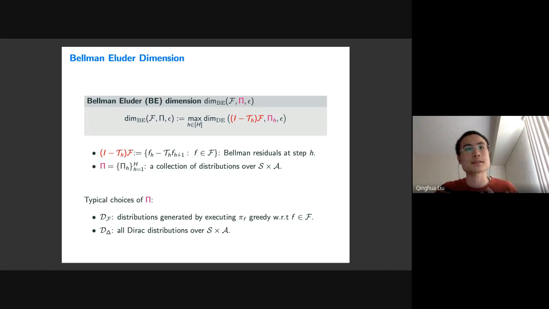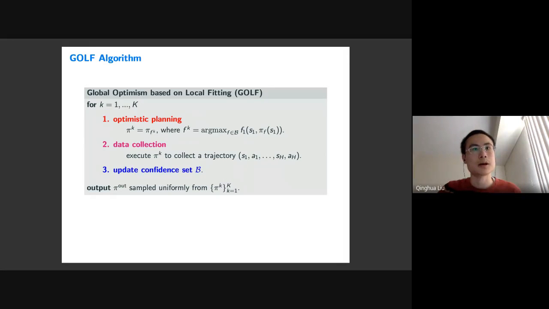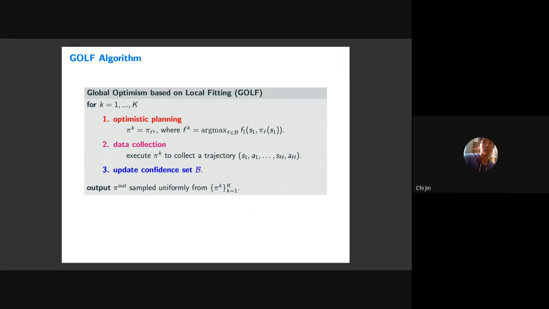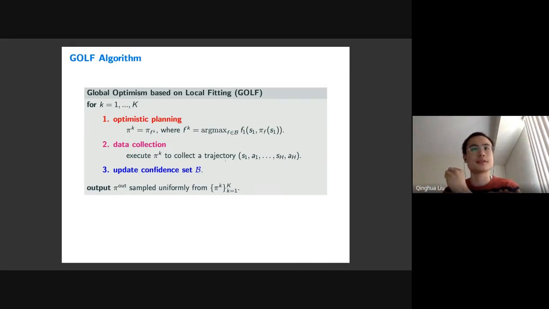So we can show there exists some example where their guarantee can be much worse than our guarantee. So Greg's question is about the algorithm. I believe the algorithm is more or less the same, isn't it? The algorithm is the same, but the guarantee is different. The guarantee is slightly different. I think the definition of the set is a little bit different. But I think it's also not that big a difference, I feel. Anyway. Right. But basically the shape of the confidence set seems to be very directly inspired by what their confidence set is in that paper. Yeah. In the bandits case, it looks similar. Right.